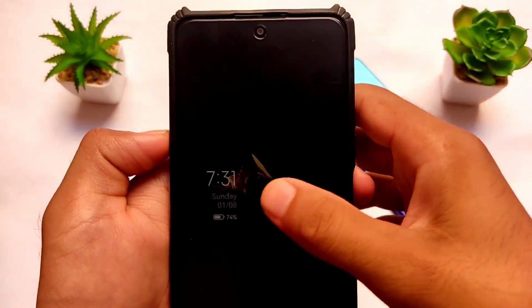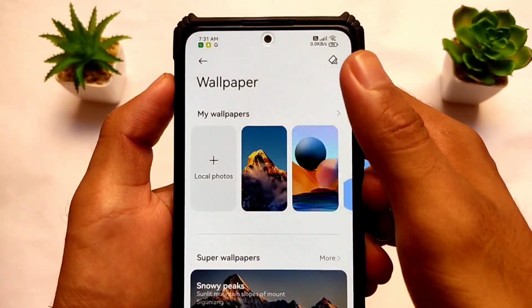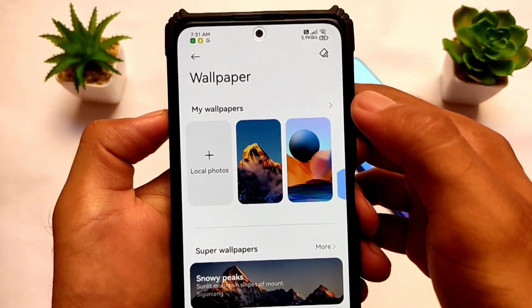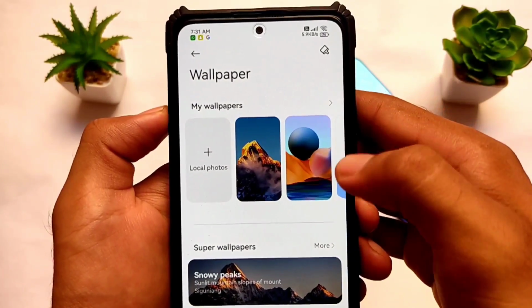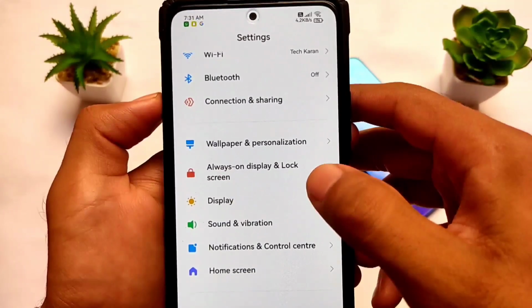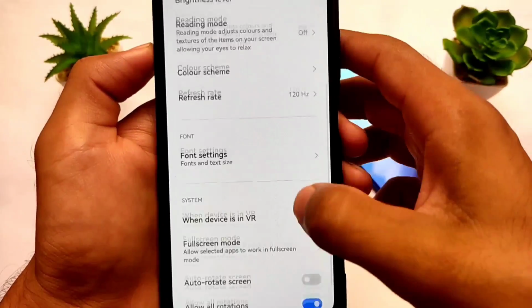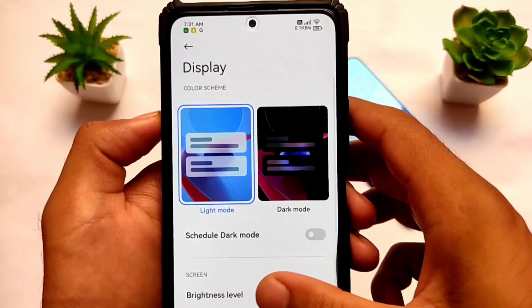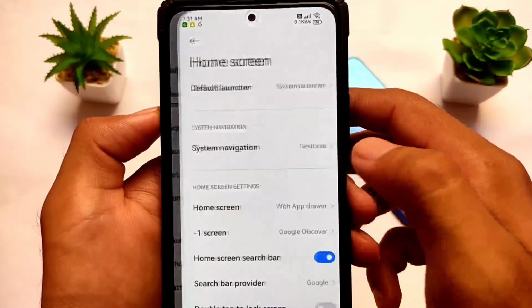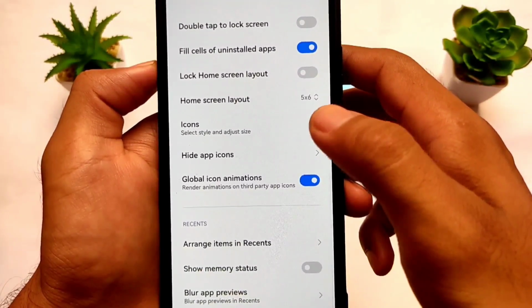And yes, if you have unlocked the bootloader and want to install a custom ROM, can't survive without MIUI, you should definitely install this. This is a Xiaomi EU custom ROM. I am also using some mods here, which I will tell about later on. We have all these features available for you, like display settings. You can customize the refresh rate up to 120 Hz. You can't get 90 Hz, by the way. You have only 60 or 120. The default launcher is the new one. Of course, arrange items and recents.